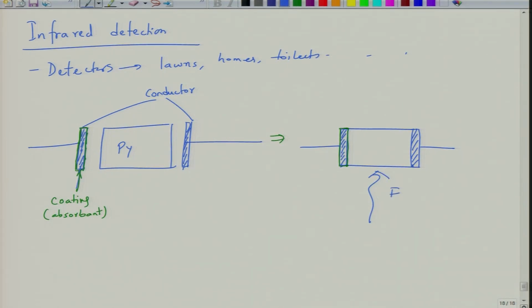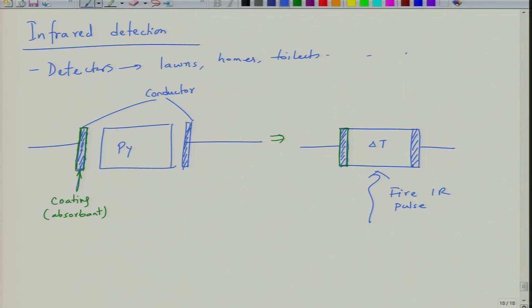And now what you do is that you fire an IR pulse. When you fire an IR pulse, what will it do? It will increase the temperature of the pyroelectric. When you fire the IR beam on the pyroelectric, the conductor on this side, which is not coated, allows the radiation to get in, but the other conductor, which is coated by an absorbing medium, does not allow it to leave.